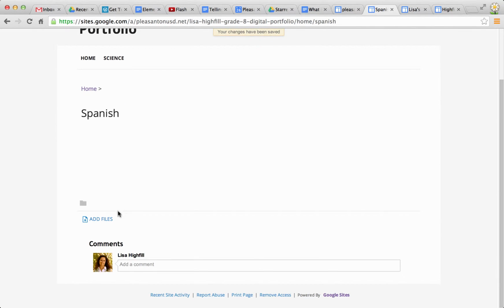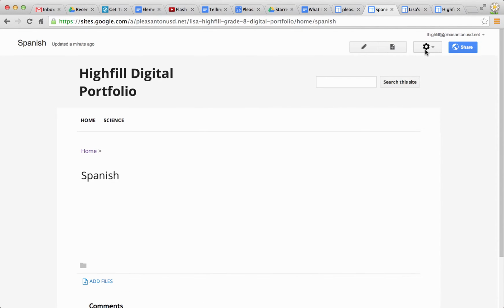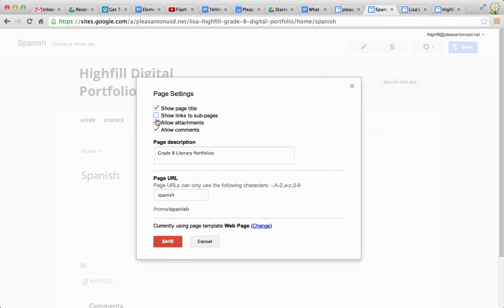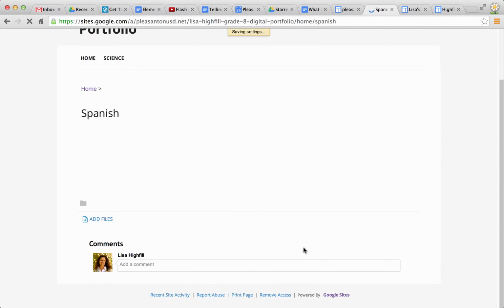And then you see how down below it says add files or comments. If you want to add documents that way, you can, or you can make a link. Either way, just watch some of the other videos, but I like to clean that off. So I'm going to click on the gear at the top and click on page settings. And from here, I'm going to uncheck these 3 boxes. You'll see why in a second. I just like to clean off all of that, so that people can't comment. There's no need for people to be commenting on the portfolio. It's just a collection of my work, and it's saving,